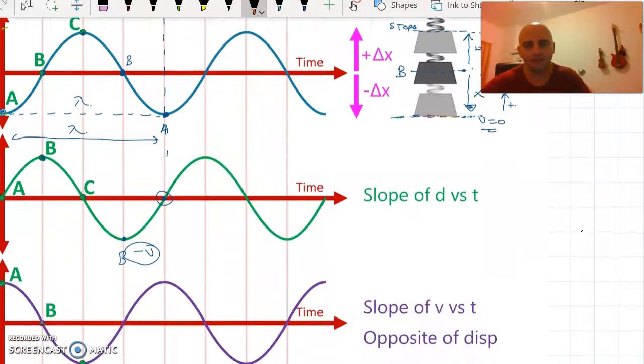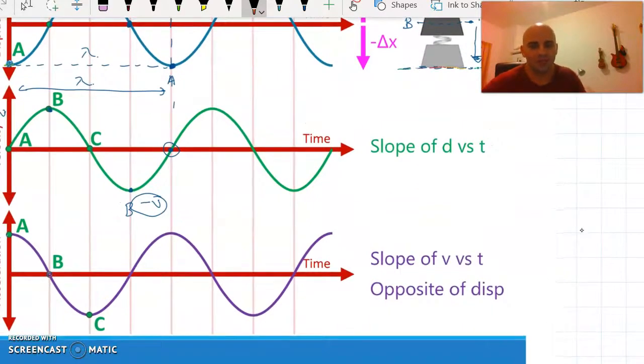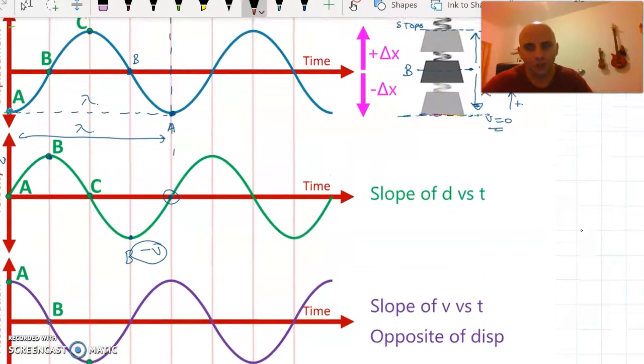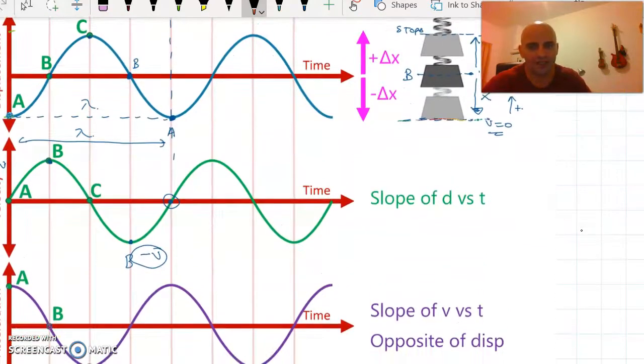And point C goes to the other extreme, where it gets up to the very, very top. The force is maximum now, but it's pushing down this way. The acceleration is now pointing downwards, which we're assuming is going to be negative. So again, you can see that this pattern just keeps continuing on and on and on. And really and truly, there's no difference whatsoever between any of these graphs,